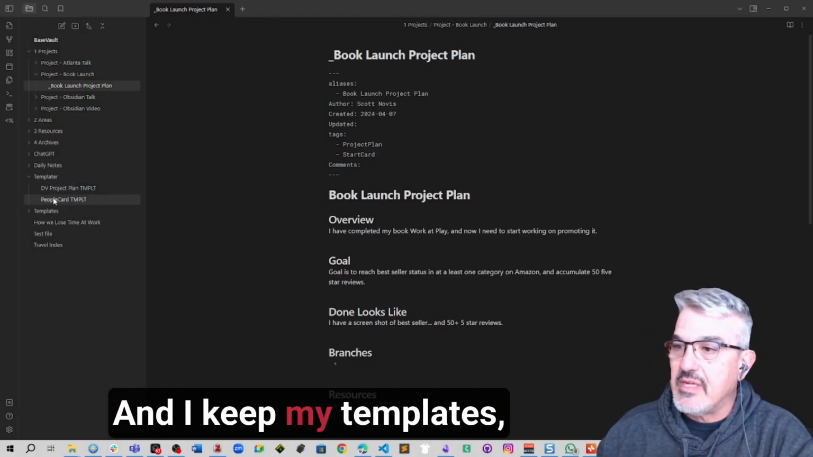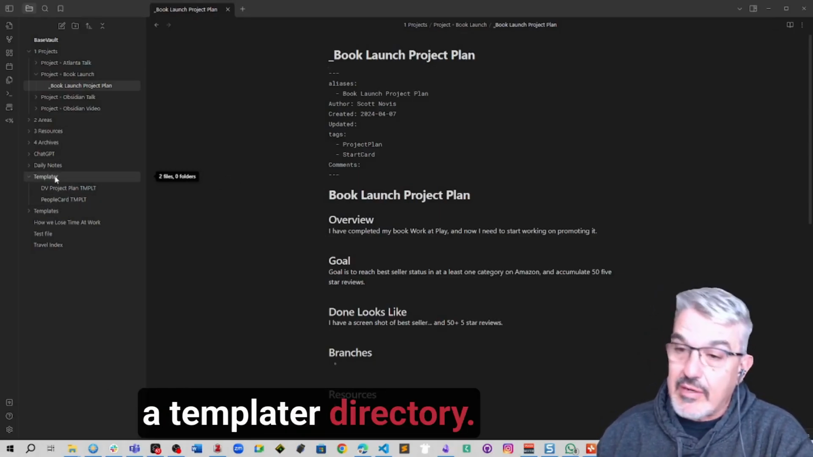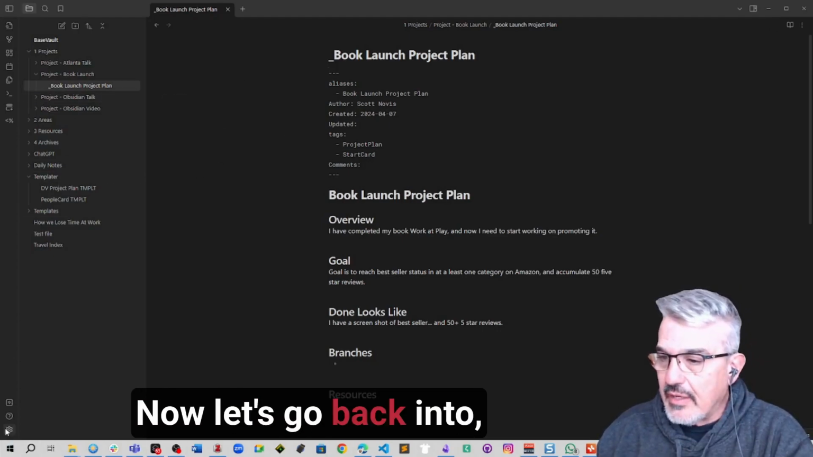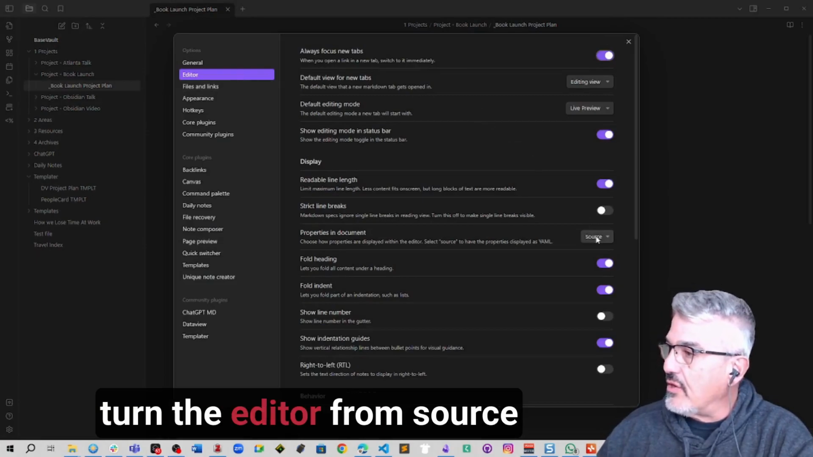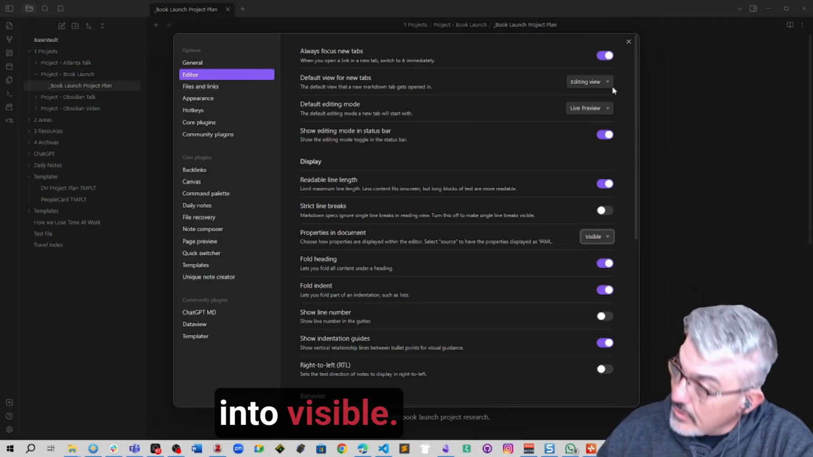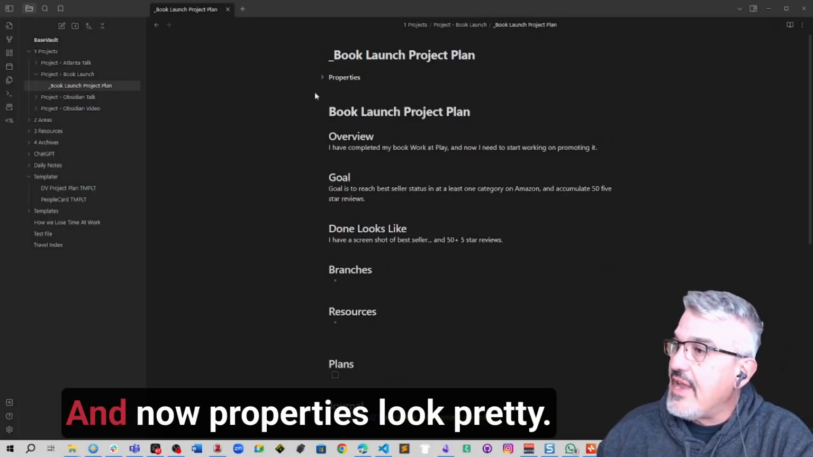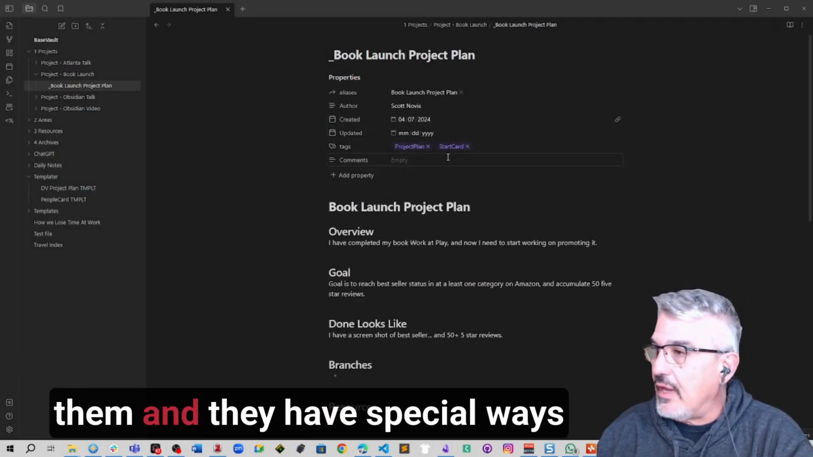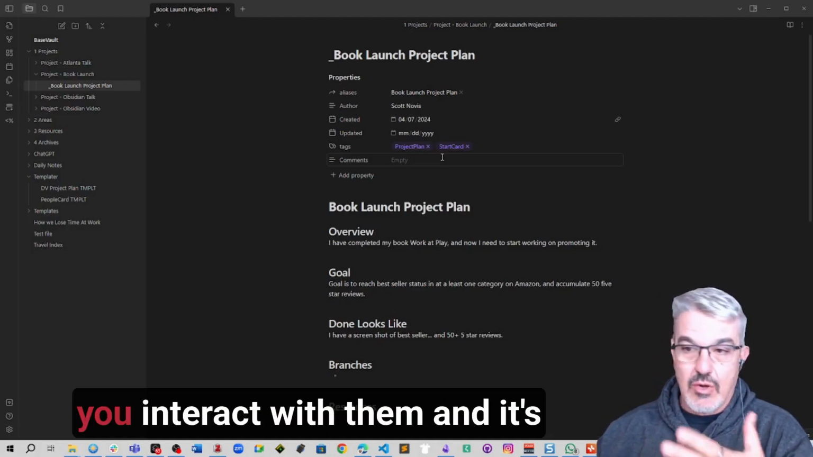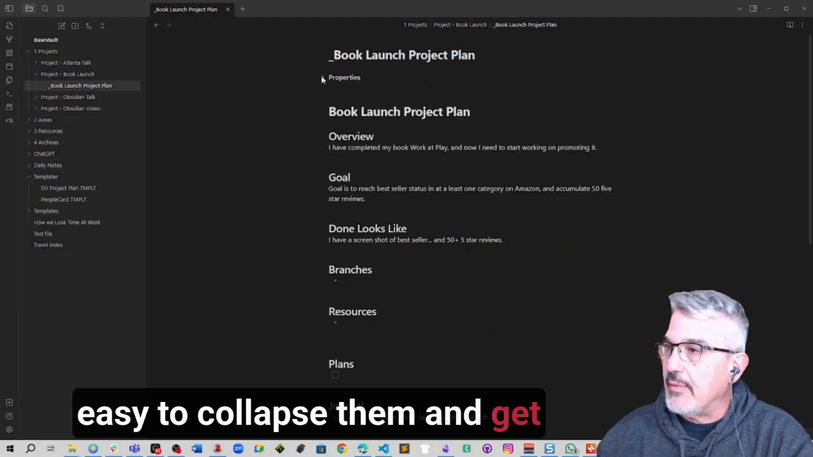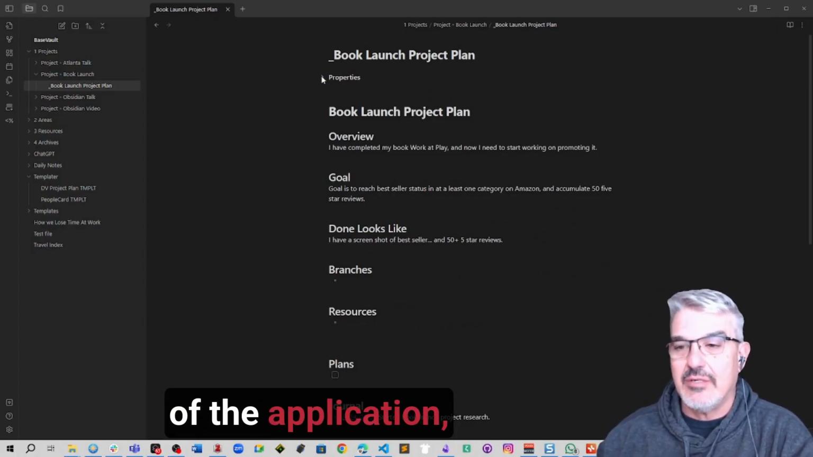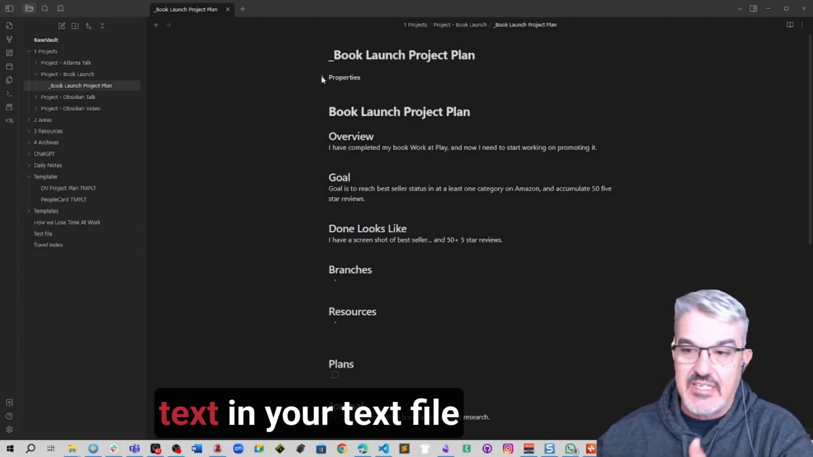And I keep my templates in a Templater directory. Now, let's go back and turn the editor from source into visible. And now properties look pretty. They've got little icons next to them, and they have special ways you interact with them, and it's easy to collapse them and get them out of your way. So they act like they're part of the application, but they're still really just text in your text file on